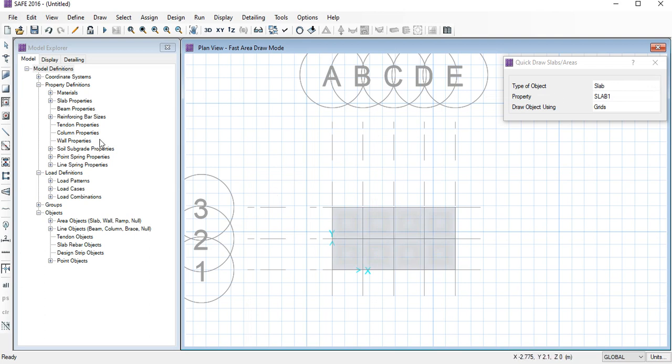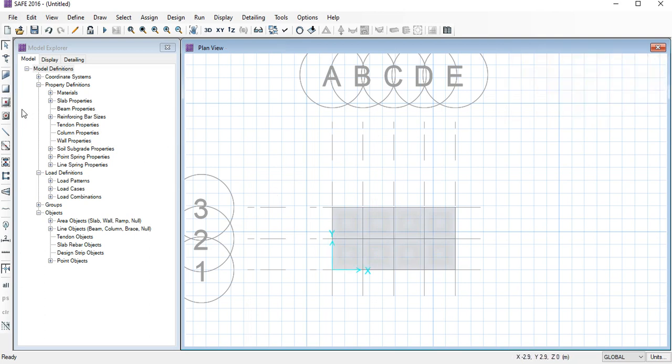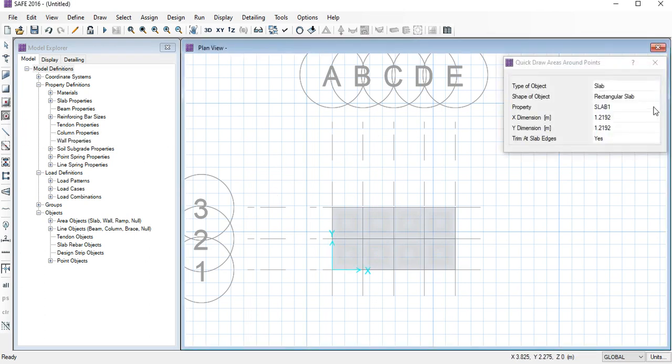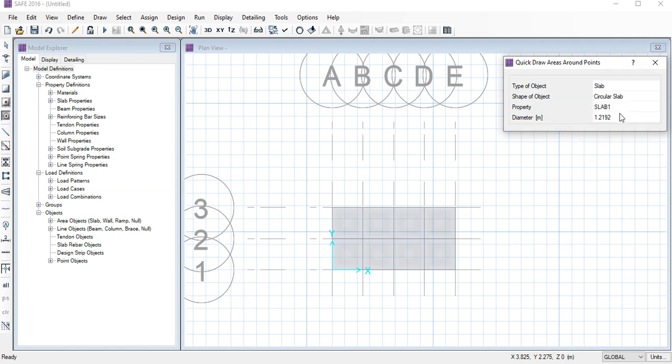I have defined the slab, and if you want to click the pile, you can go here, quick draw area around points. We will select circular, and we will give the diameter of the pile. I have taken 0.5 as the diameter of the piles, and here is the slab. After that you can put the pile in this way.